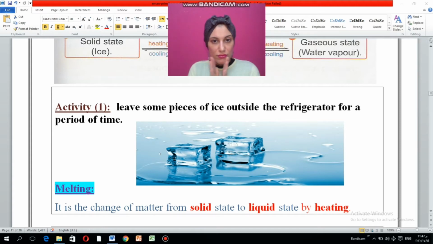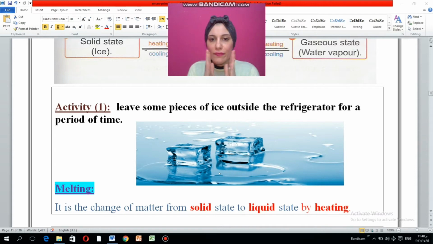هنعمل activity. Let's do an activity together. بتقولك ايه الاكتيفيتي دي؟ Leave some pieces of ice outside the refrigerator for a period of time. Leave يعني سيب، some pieces يعني few قطع of ice outside the refrigerator، يعني نجيب قطع تلج ونحطها برا الفريزر for a period of time لمدة زمنية معينة. ايه اللي هيحصل؟ اهو في الرسمة ايه اللي هيحصل؟ It